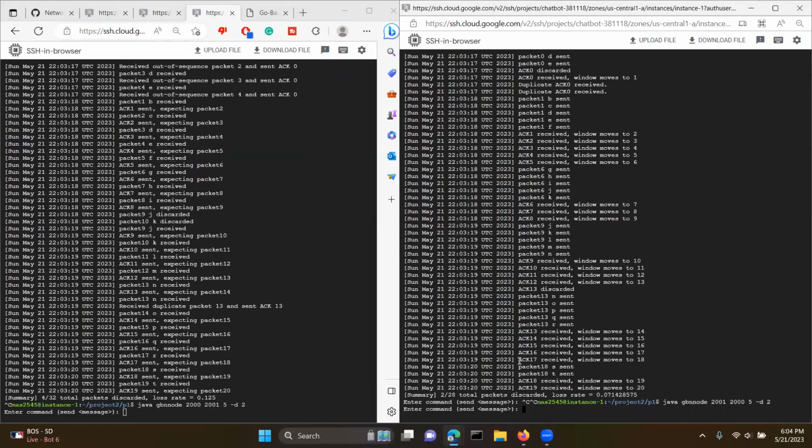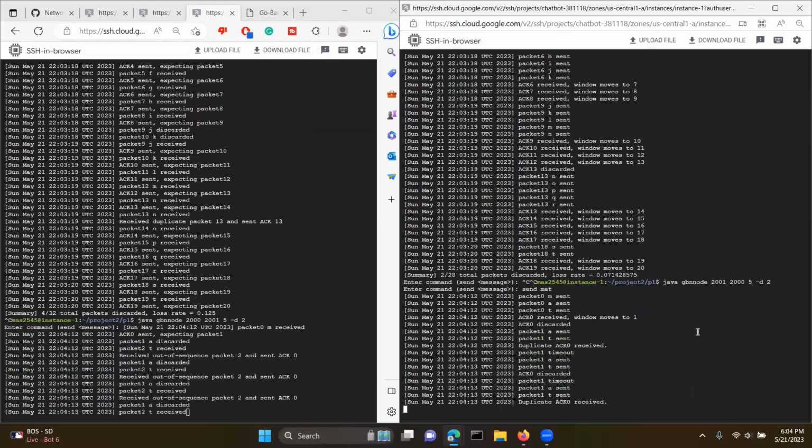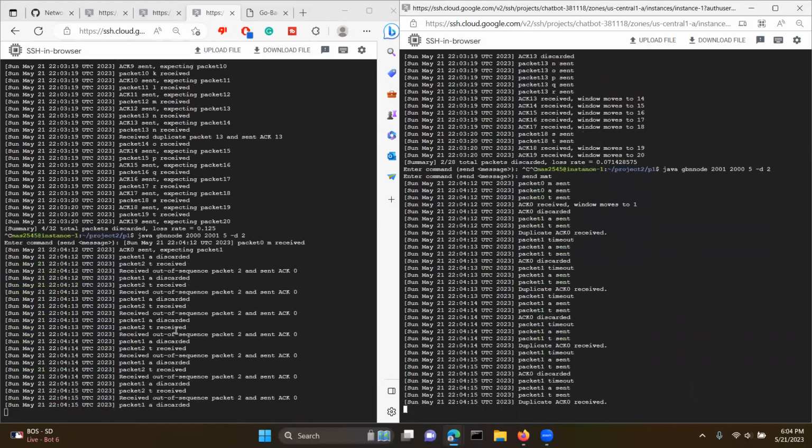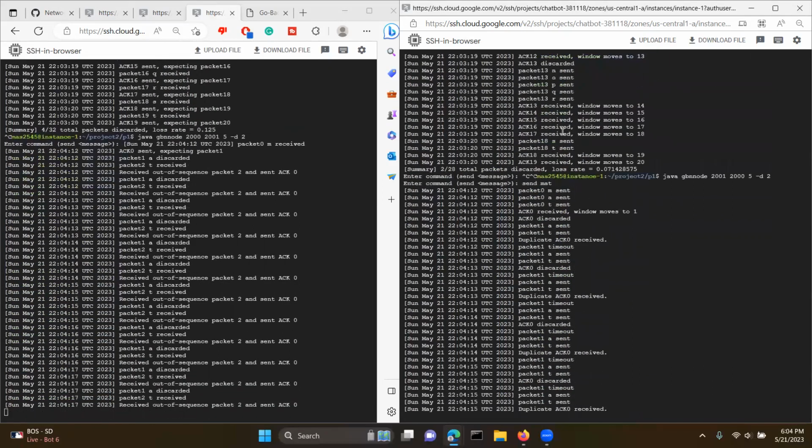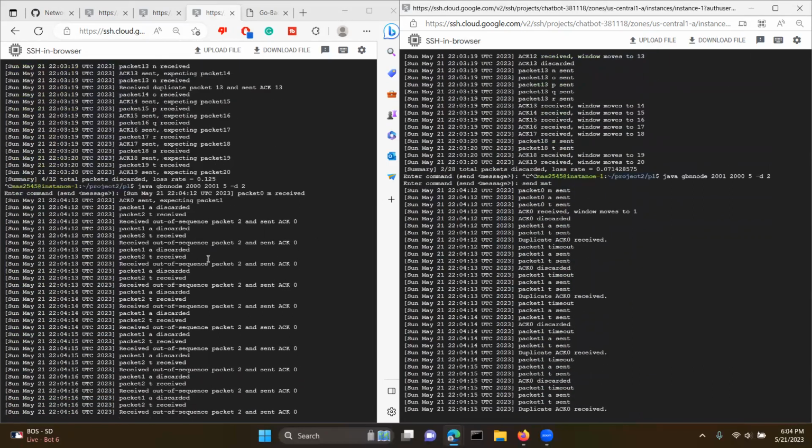And then you decide to do like send NAT. You're going to be caught in an infinite loop here, because what's happening is that when I scroll up, you'll see that this packet gets sent to a receiver, acknowledgement gets sent, and then this sender sends out A, but you're telling the node to discard every 2 packets. So I'm going to be discarding packet A,